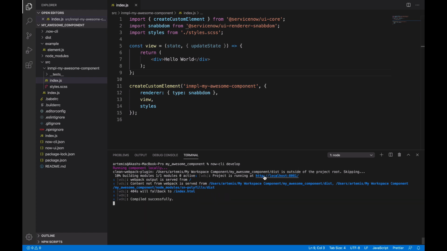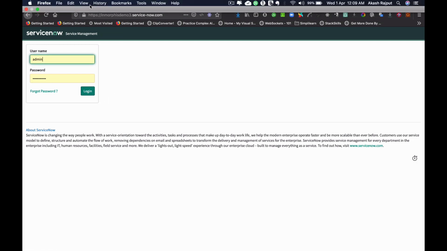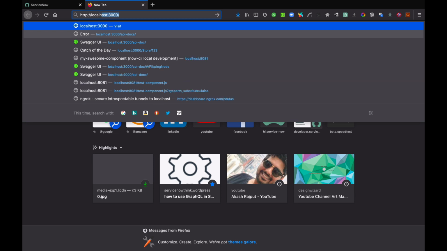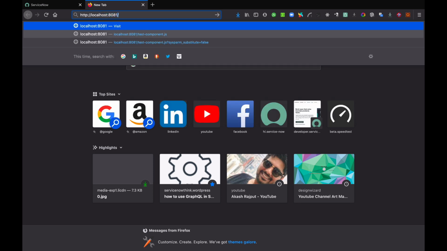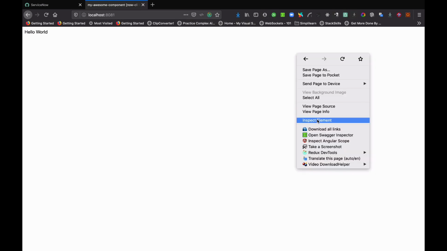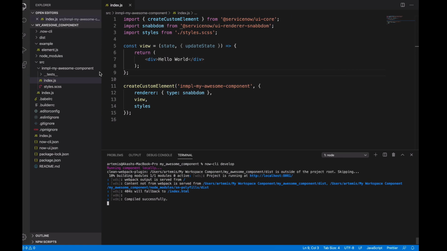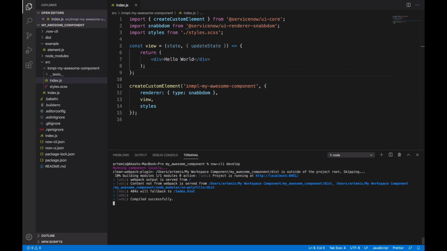So now it has generated this. I'll go into my browser, and the default port is 8081. See that it is working, and we can see even in my inspect that it is working fine, right? It has set these initial state values and all the things. Okay, so once this is done, I'll stop this and I'll deploy it